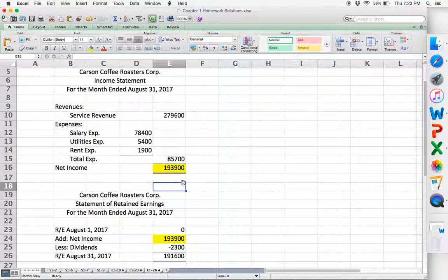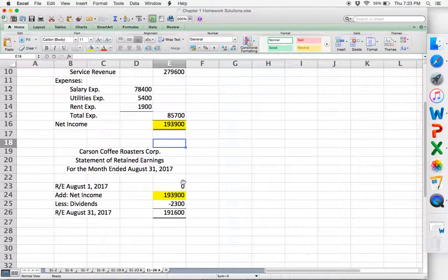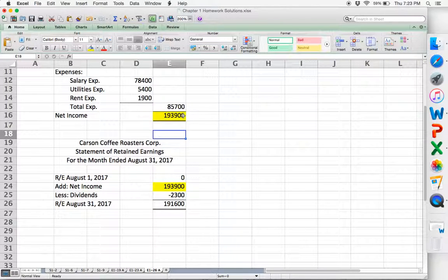Now I highlighted the net income because as you can see here, as we scroll down to our statement of retained earnings, this number flows right here into this statement. Again, you're starting off with creating your heading, statement of retained earnings for the month ended. So you have to list out your beginning balance, and in this case it was 0, so that indicates that either they didn't retain anything last period or they are a completely new corporation, just started off, they have nothing in their savings. And so we have to add in our net income or our net loss.